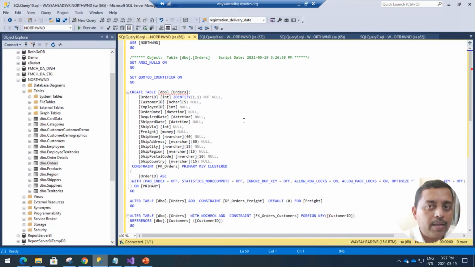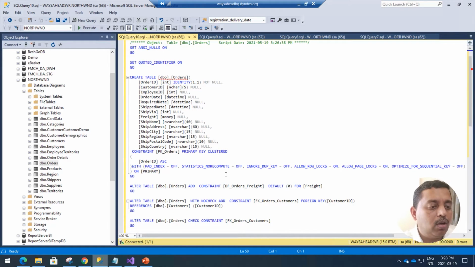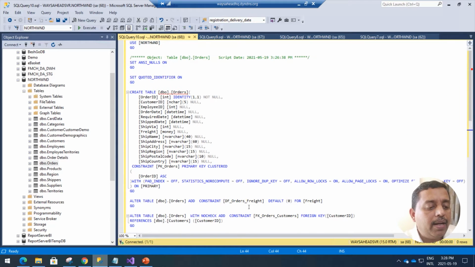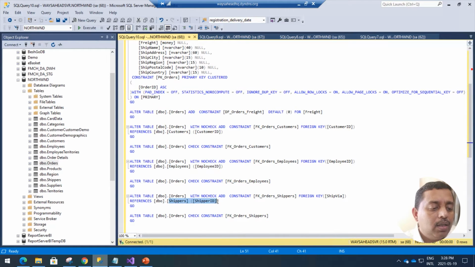So we are talking about two factors majorly in terms of how facts and dimensions look. This is like a fact, and you can see that you have order ID, obviously because it's the order table. The order ID is there as part of the primary key constraint, and apart from that we have other options also. You can see that it is connected to customers via customer ID, to employees via employee ID, and to shippers via shipper ID.